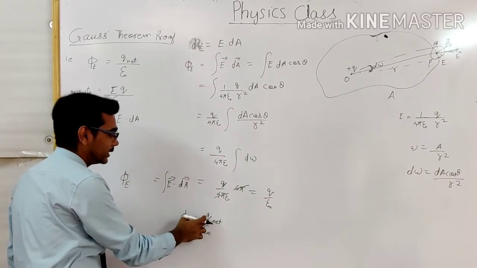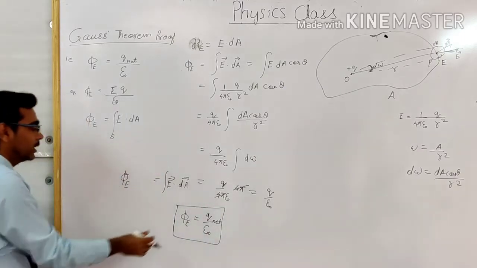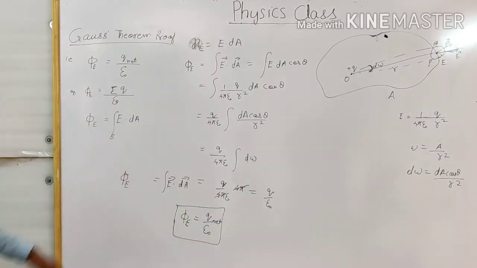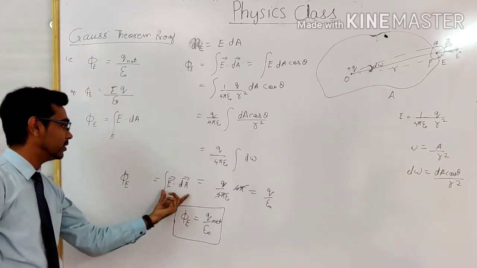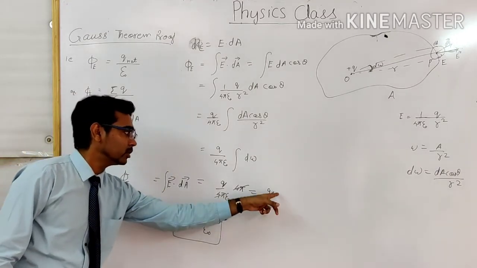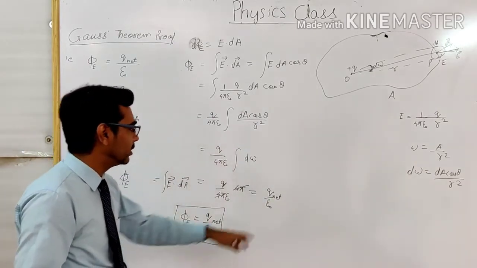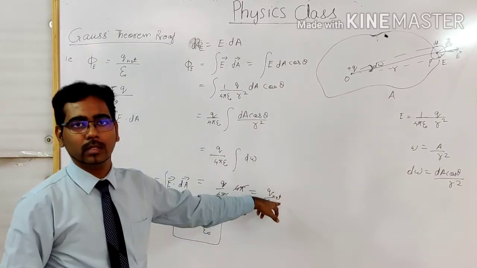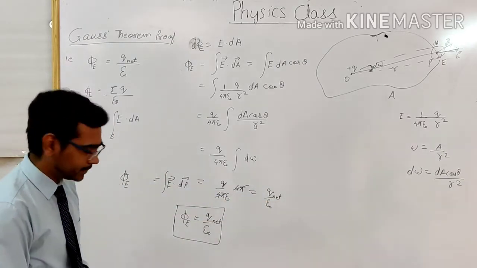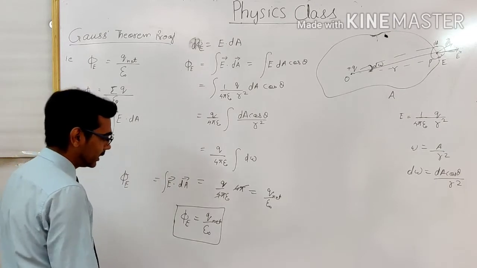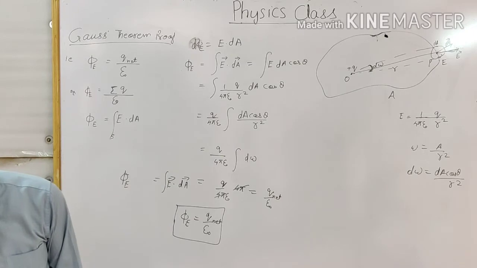So the net charge inside that surface divided by epsilon naught is the Gauss theorem, and this is the proof of the Gauss theorem. Electric flux is equal to the integration of E dot dA, and that is equal to the net charge divided by epsilon naught. Why am I putting so much emphasis on net? Because the council deducts marks for writing total. If you write total, the council will deduct marks, so it is better to write net. I explained this earlier in my lectures also. So this is the proof of your Gauss theorem.